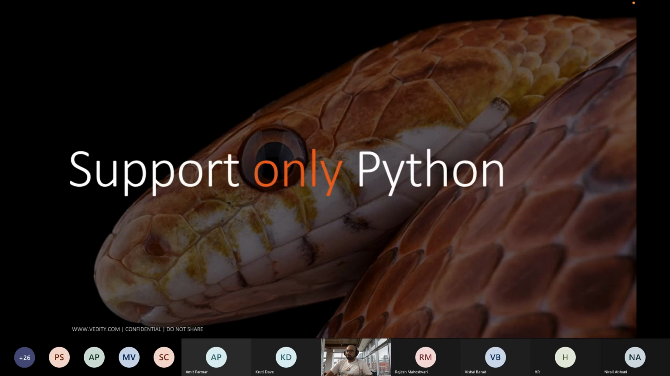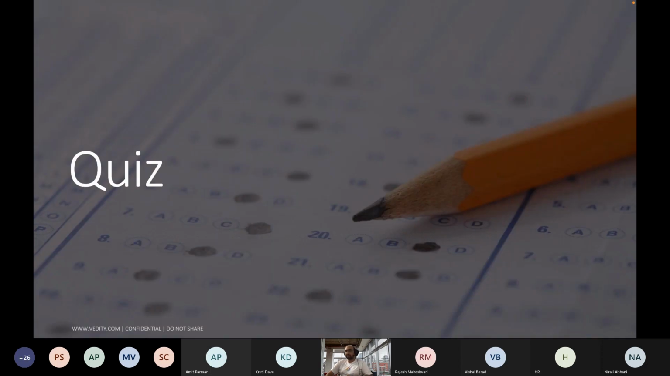Again, it supports only Python. For some it is a benefit, and for some it is not. Like if Scala developers are trying, then they